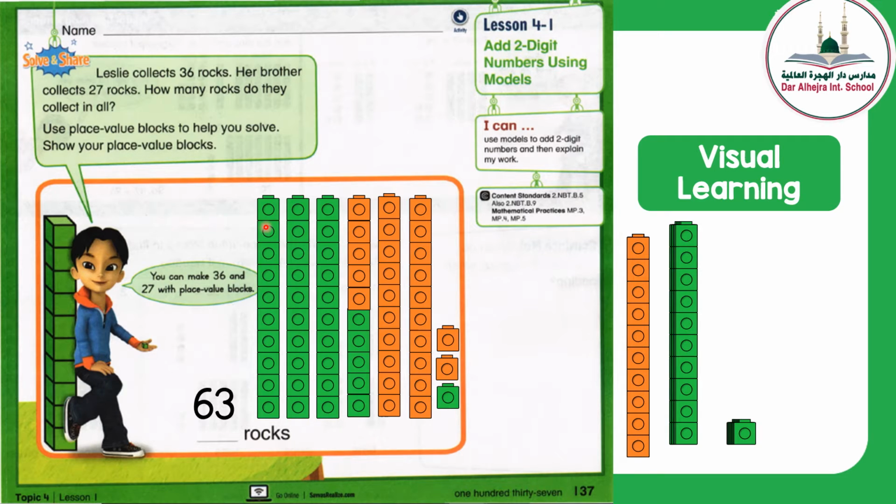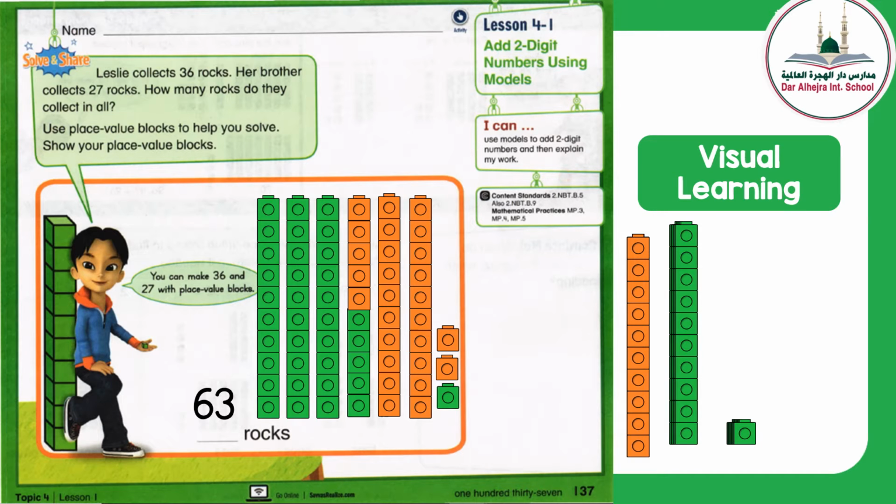Now, instead of 3 tens and 2 tens, I have got in all together 6 tens, and I'm left behind with 3 single cubes. So that means my total is 63 now. I can count from here how many tens I have got. 1, 2, 3, 4, 5, 6 tens and 3 ones. That means my total is 63. So this is how we can use the models of tens and ones blocks to help us solve the two-digit